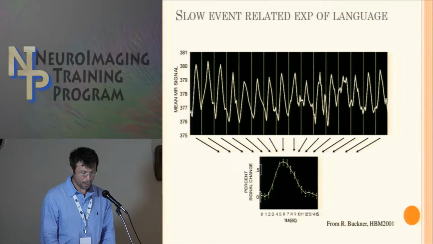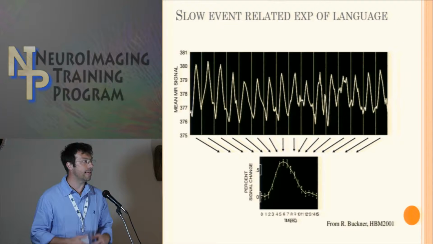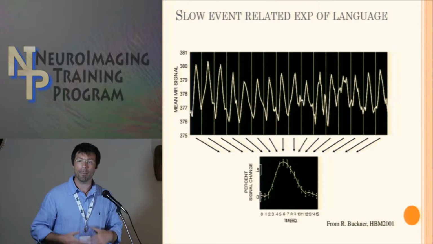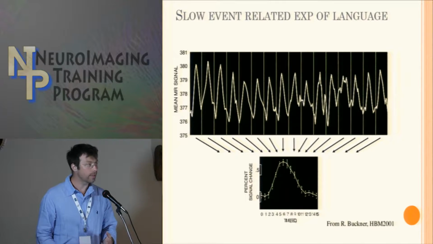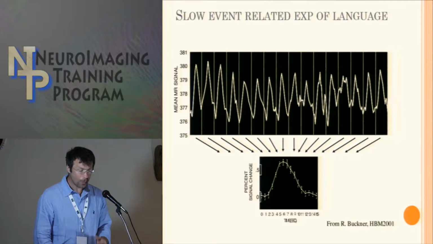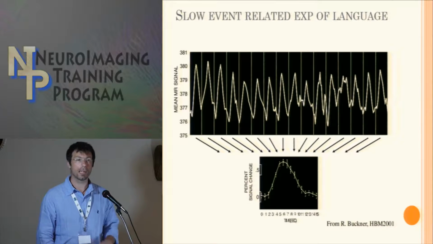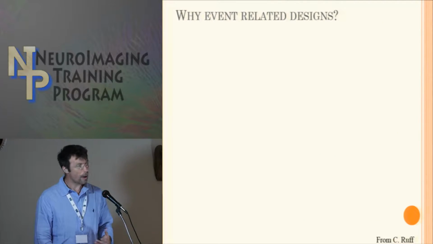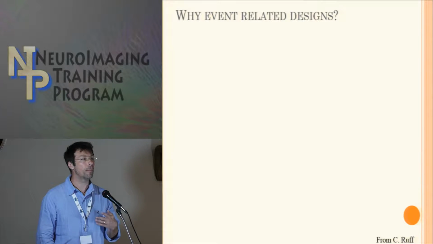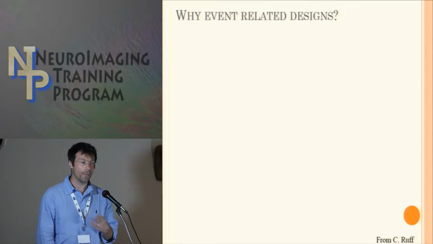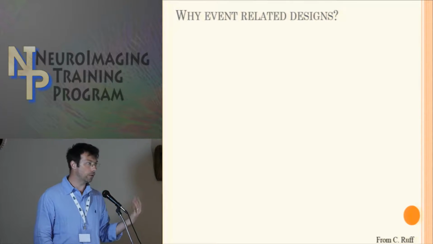So maybe, who knows, I think in this experiment you were hearing words. So you hear one word and you get the full deflection, the full BOLD response elicited by that one stimulus, and then it returns to baseline, and then boom, the next one. And you can actually see right here the response of this particular voxel. In fact, you can even average them and kind of get the average profile of what happens upon hearing